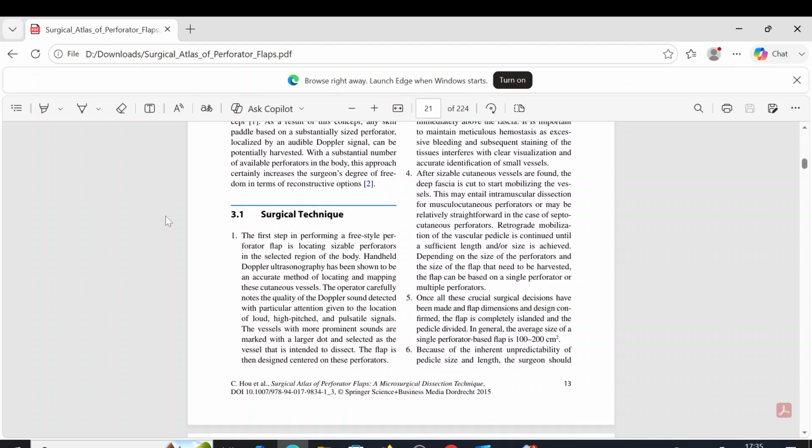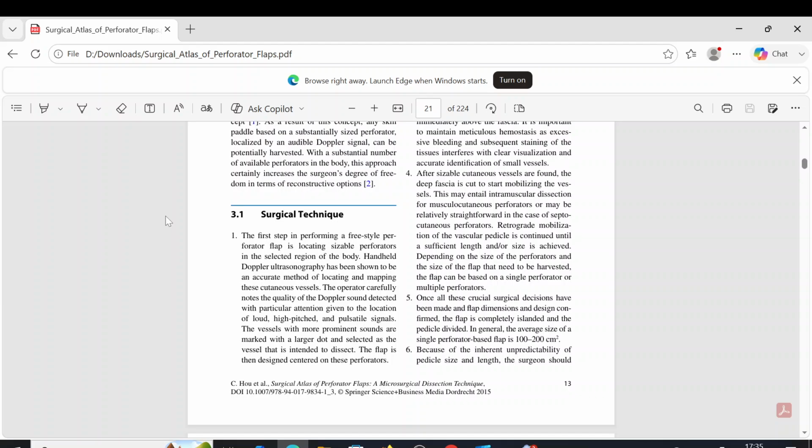The first step in performing a freestyle perforator flap is locating sizable perforators in the selected region of the body. Handheld Doppler ultrasonography has been shown to be an accurate method of locating and mapping these cutaneous vessels.